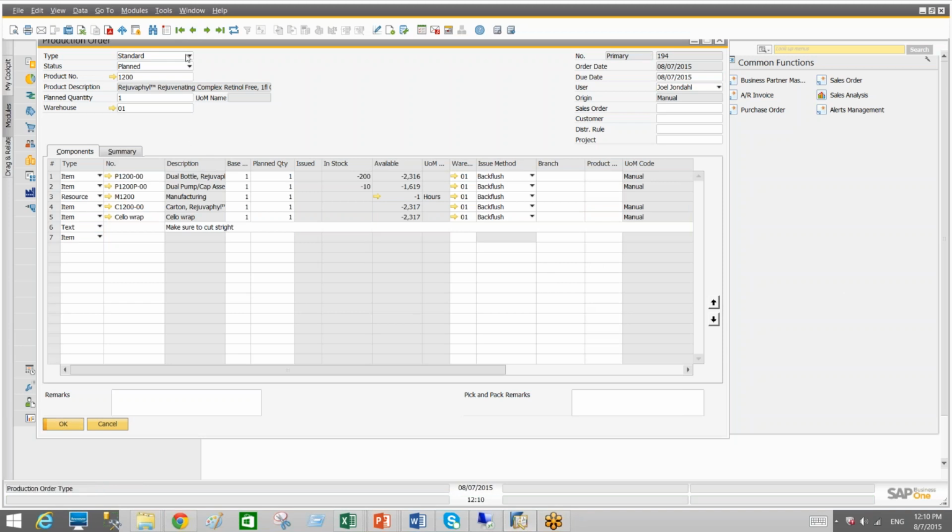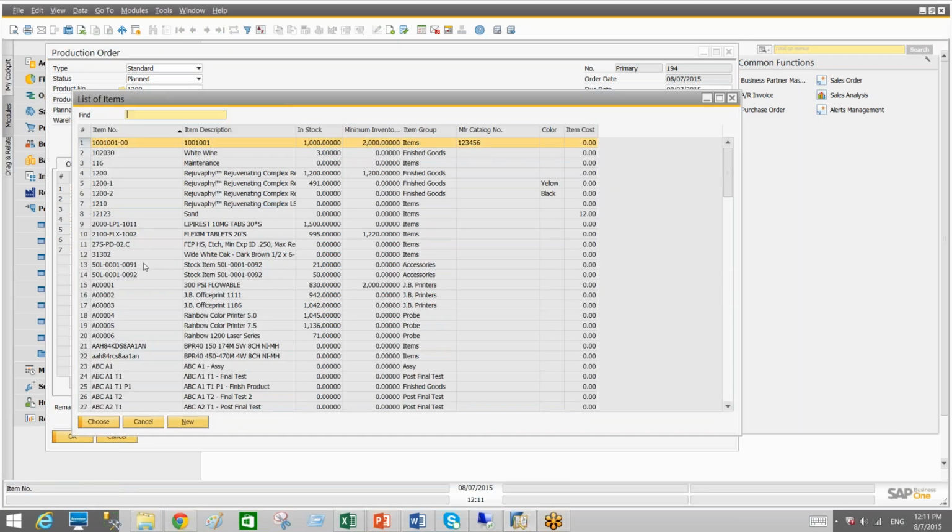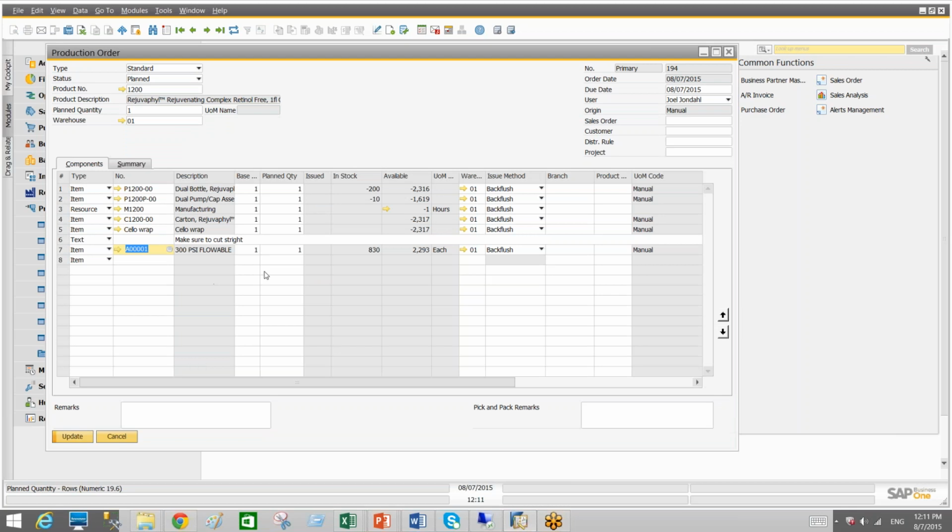One more nice feature that they added is the ability to do by-product. And by-product means when I finish that finished good, when I report completion and receive this item to inventory, I can define another item that will be received into inventory. So for example, if I add here another component, I can say that when I finalize the finished product, this item will enter also into inventory, and maybe in a quantity of 2. The way that I tell the system to receive this quantity as well is by entering a negative quantity. So for example, if I enter -1,